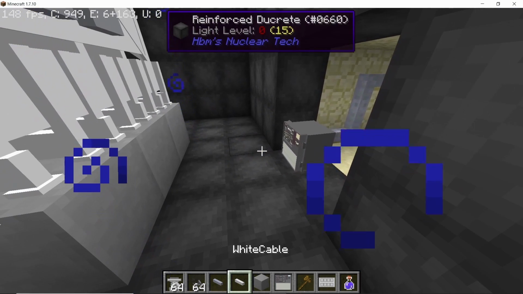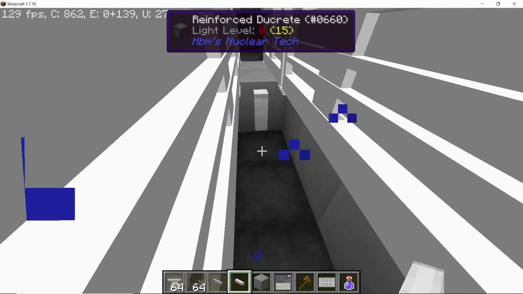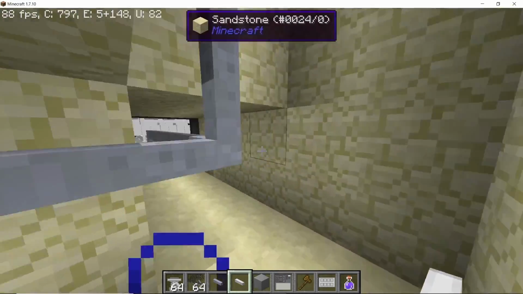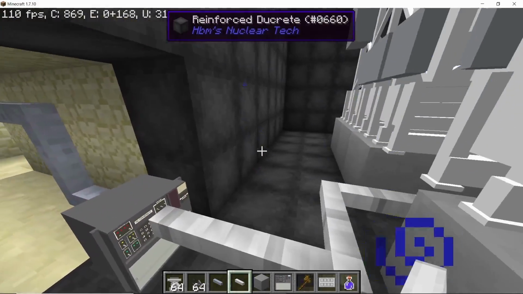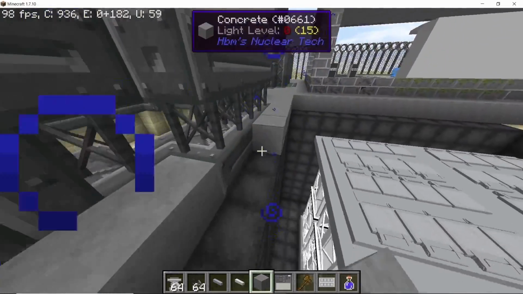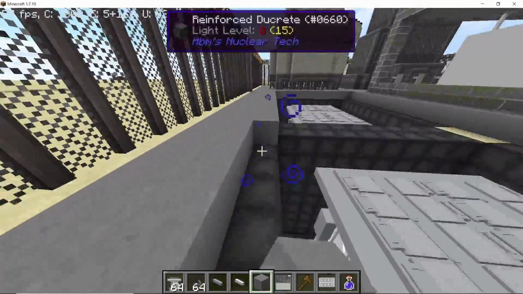And now connect this missile VLS to the actual vertical launch system using white cables, not gray but white. And do the same thing on the other side as well. So this tunnel is going to be really handy and helpful for you to come down and take care of your VLS system. So now once all of this is done, you need to cover the entire thing with concrete